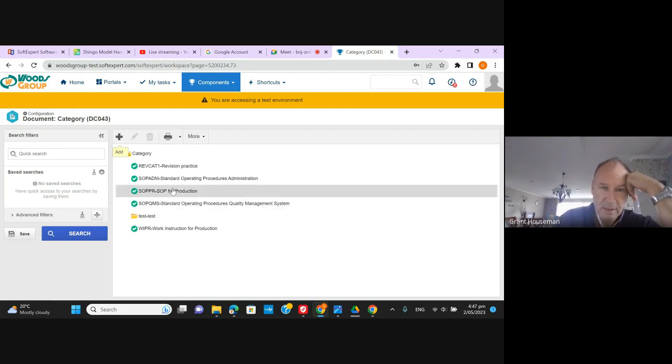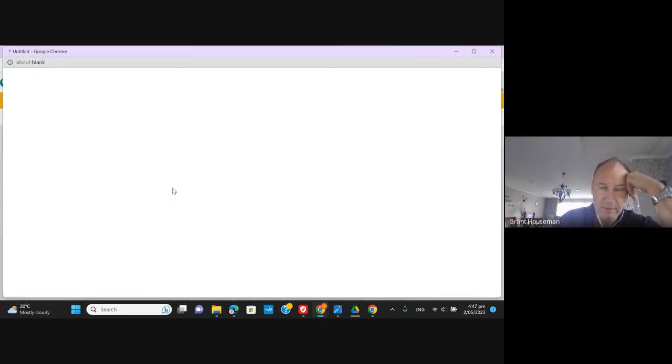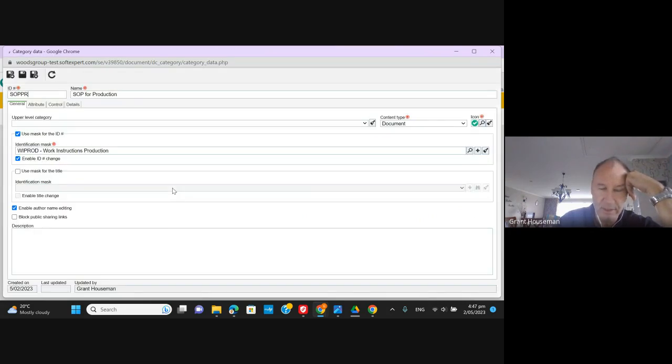We've copied this now. We have to check a few things because there will be a few adjustments to make, but the vast majority of the settings will be correct. However, the identification mask of this is not correct because otherwise the document numbering that we've set up will not work. It'll come through as a work instruction, and this is a production SOP. So we need to change that in the category